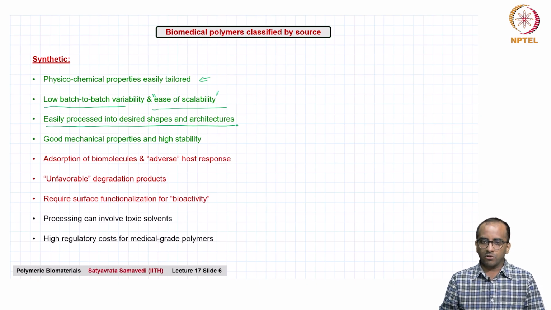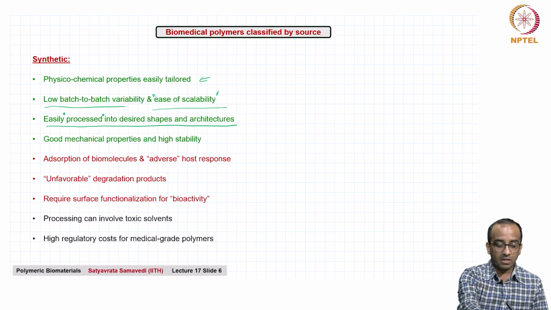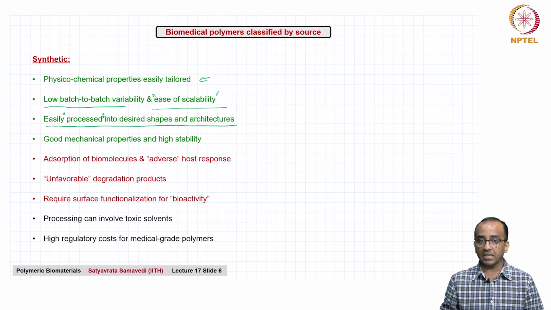What's also important to appreciate is that because polymeric biomaterials are used as part of devices, it's very important that they can be processed into whatever desired shapes and architecture you want. Typically, if you want to process them into specific shapes, processability has to be matched against performance. We have seen earlier, as one example, that if you have very high molar mass